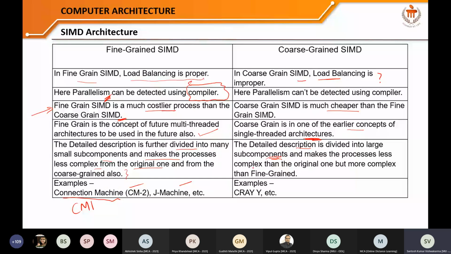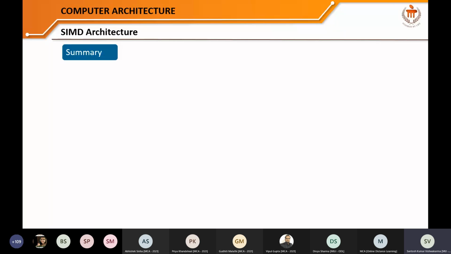Okay, but if you just see, it's more complex compared to fine grain. Already we have seen the examples we have discussed, the Connection Machine 1 or J-Machine or Cray, and there are so many examples. So by this we come to the summary of our session, where we have explored the